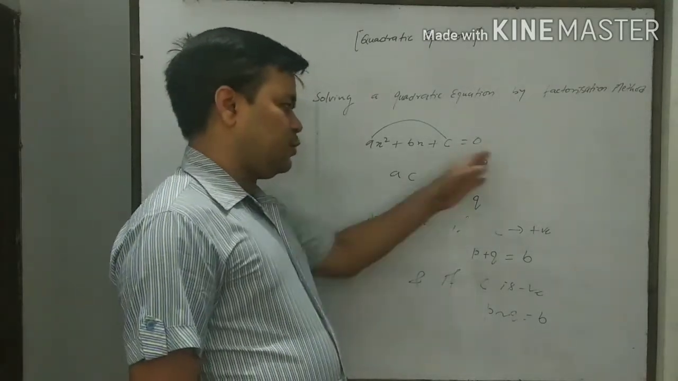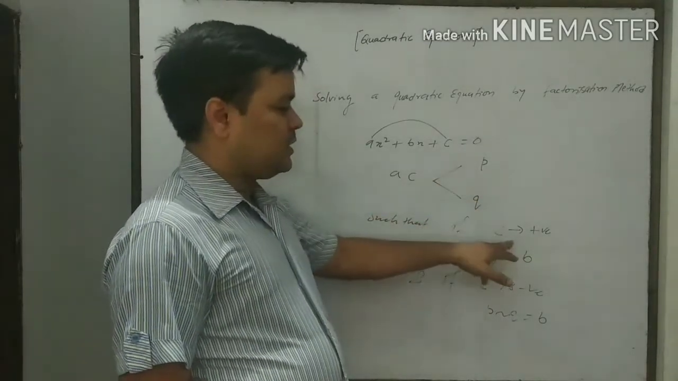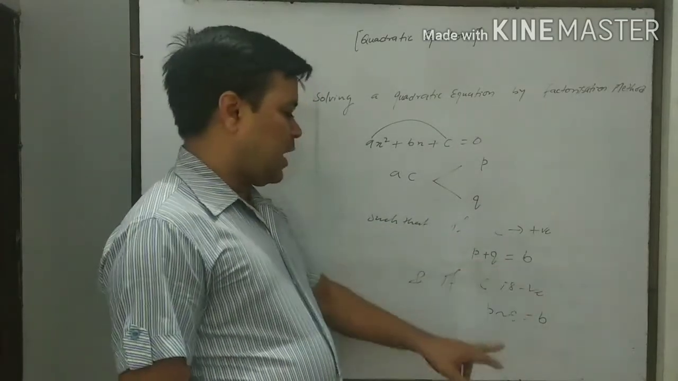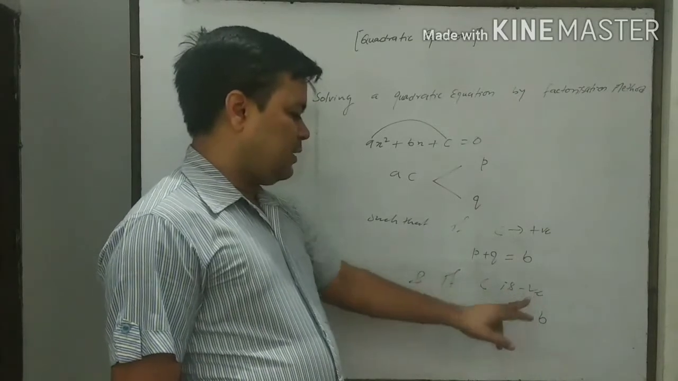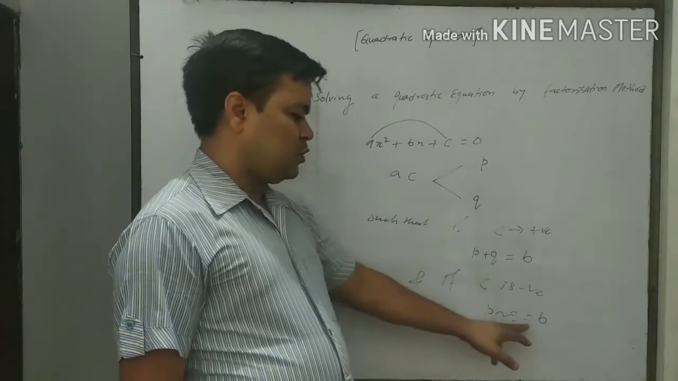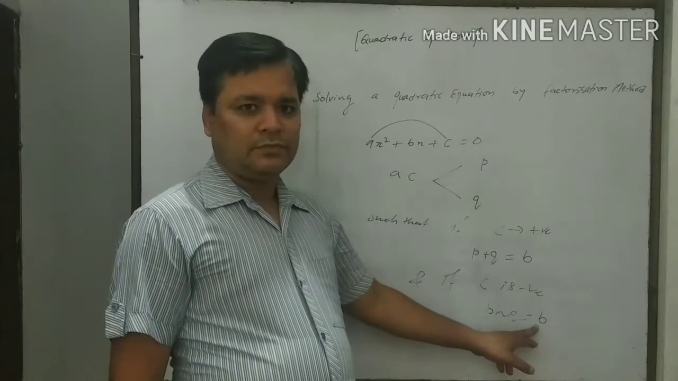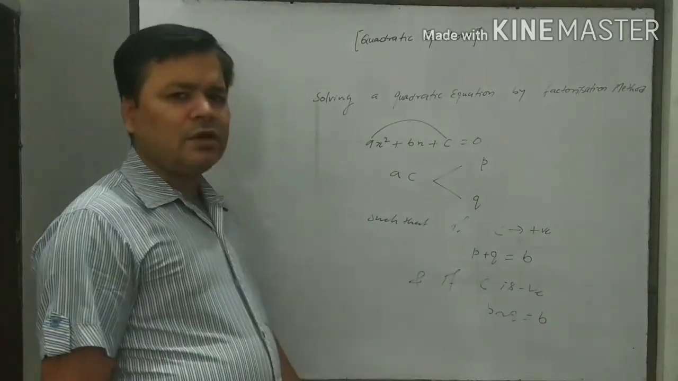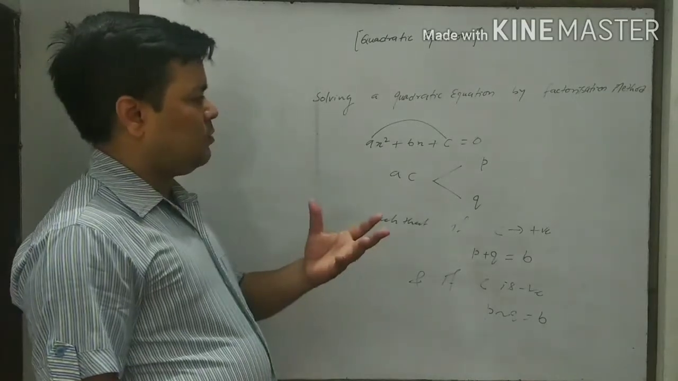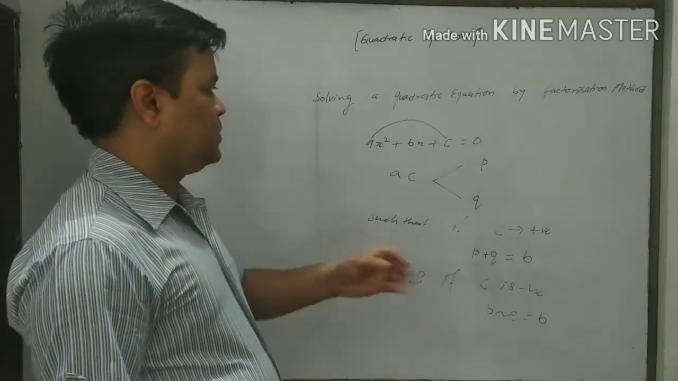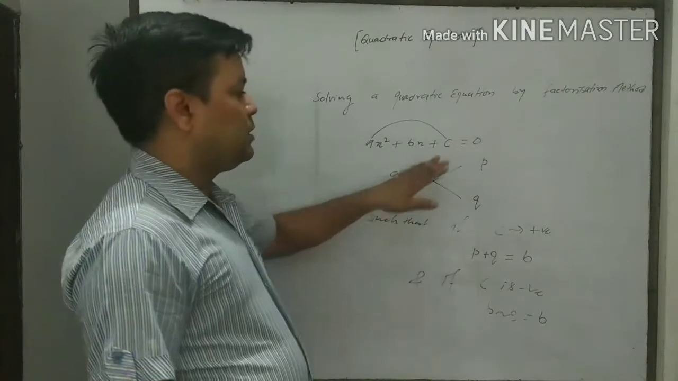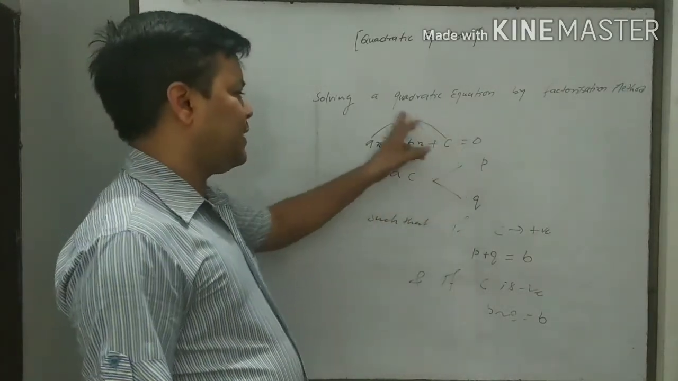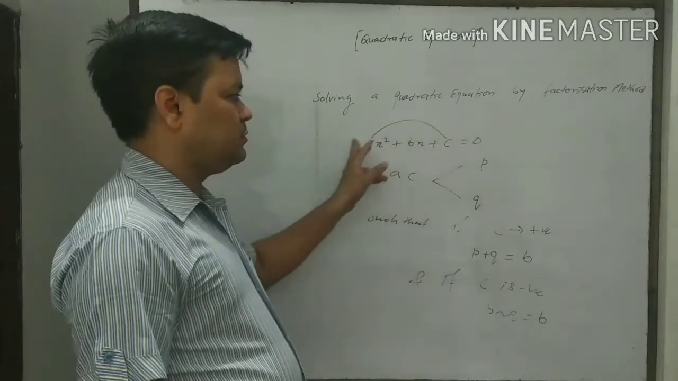Multiply AC and break it in two parts such that if C is positive, then the sum of P and Q should be equal to B, and if C is negative, then the difference of P and Q should be equal to B. What is the purpose of the factorization? The purpose of the factorization is to break the left hand side of the quadratic equation